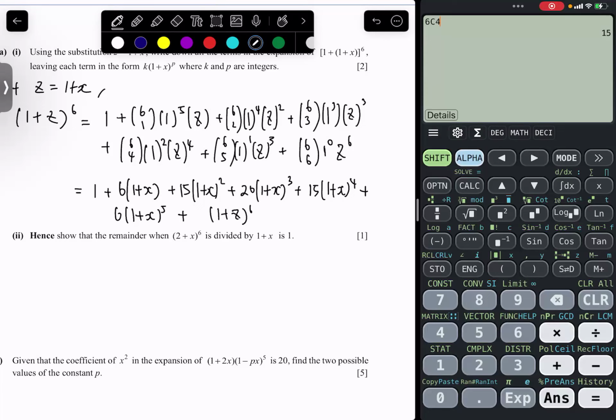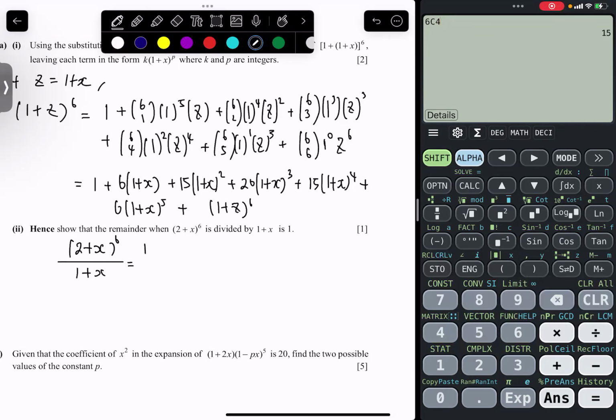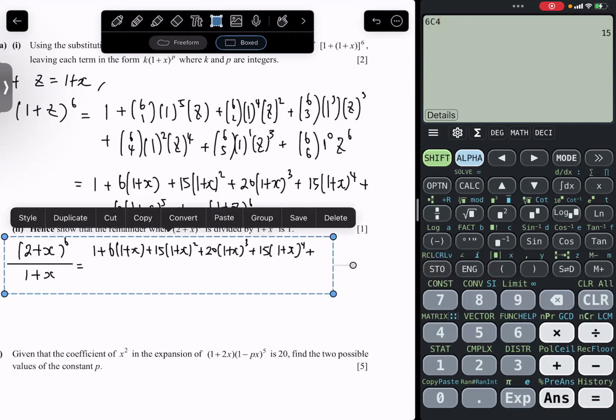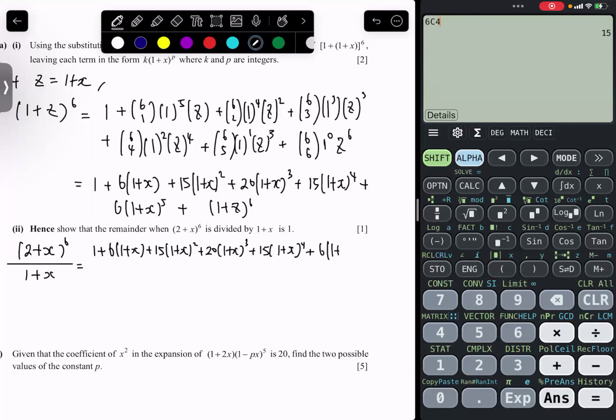Okay. (2 plus x) to the power of 6 divided by 1 plus x can then be interpreted as 1 plus 6(1 plus x) plus 15(1 plus x) squared plus 20(1 plus x) cubed plus 15(1 plus x) to the fourth plus 6(1 plus x) to the fifth plus (1 plus x) to the sixth, over 1 plus x